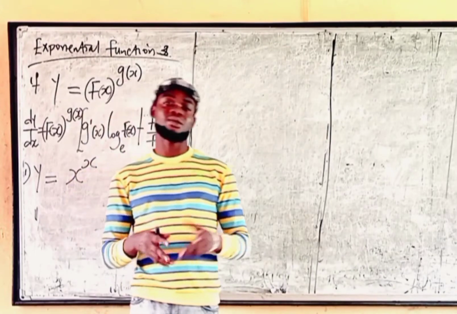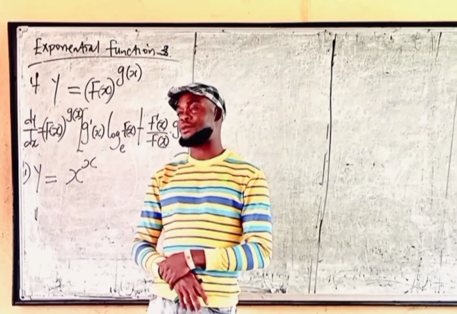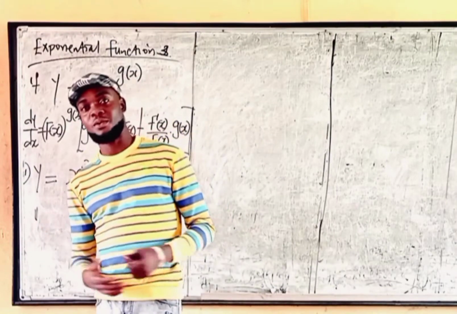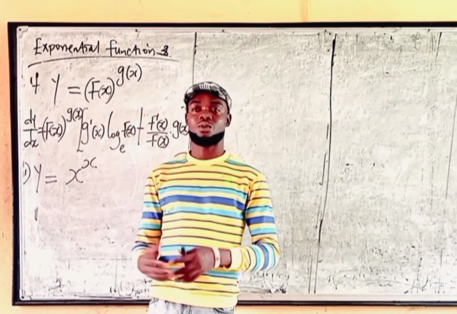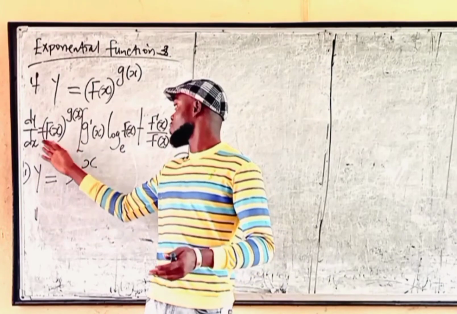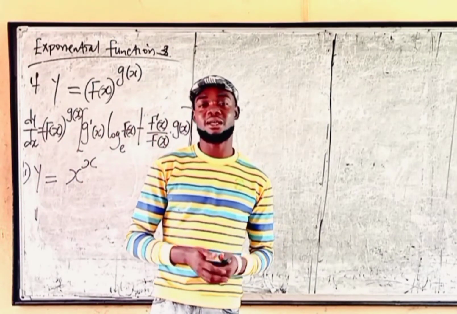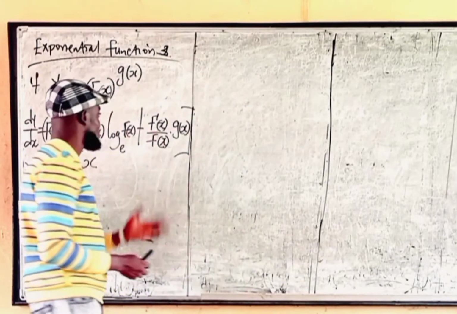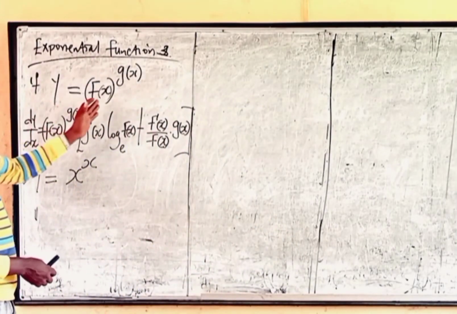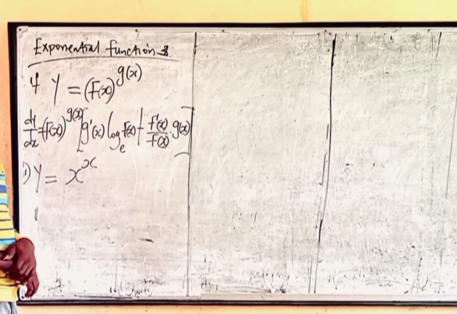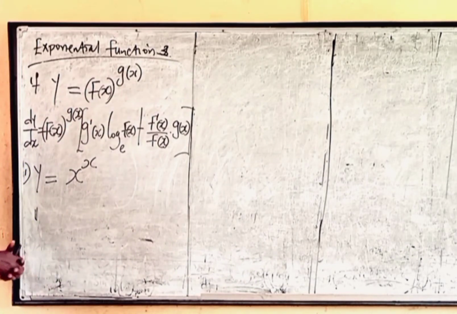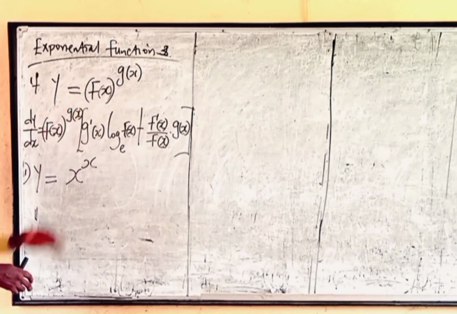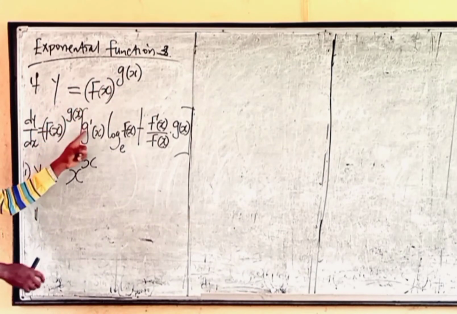I'm going to show you how to solve this question using two approaches. The first approach will be from first principles, in which we come from the product rule, so we'll get the answer. The second approach is when we are using this generated formula. I'll show you how the formula works. If you have y equal to a function of x raised to power another function of x, which is f of x raised to power g of x, the derivative of this will be f of x raised to power g of x times